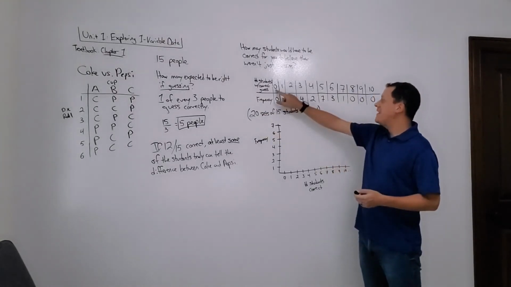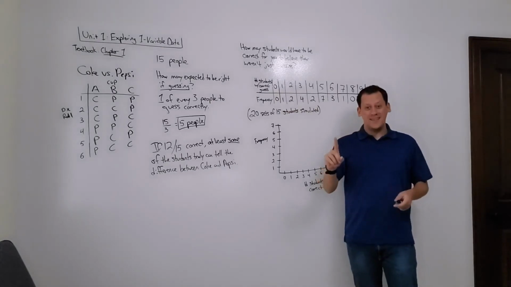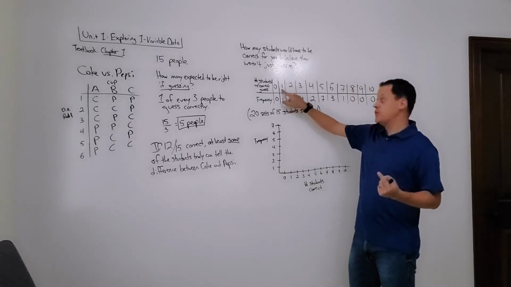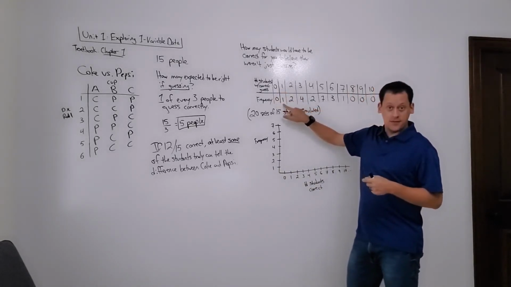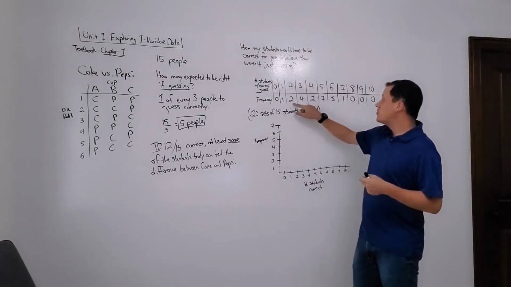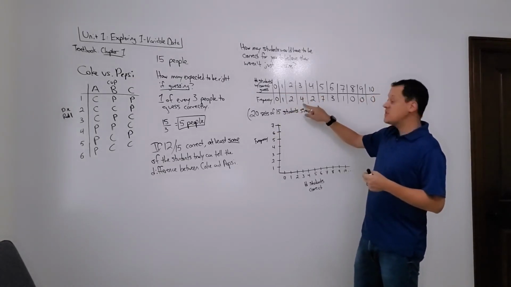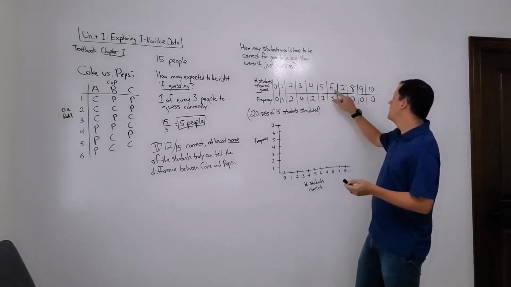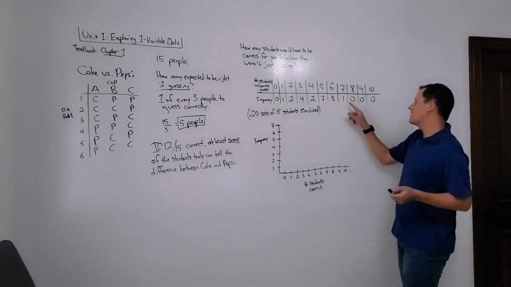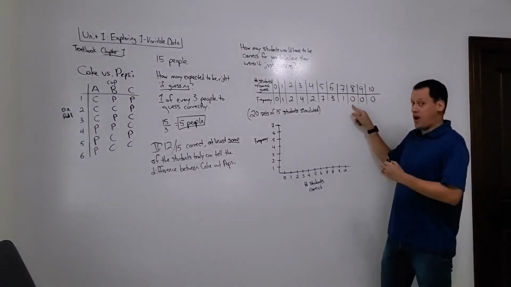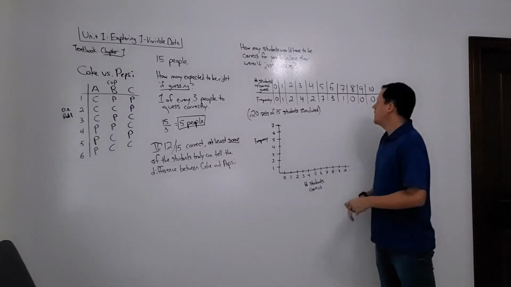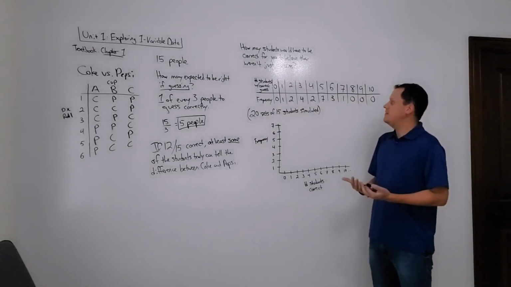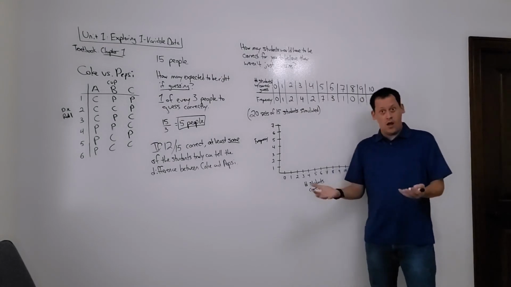So I never got 0. There was always at least 1 or 2 on all the dice. I got 1 or 2, which means 1 student guessed correctly once out of these 20 times. I got 2 of them twice, 3 of them 4 times, 4 correct twice, 5 correct 7 times, 6 correct 3 times, 7 correct once, and I never got anything 8 or higher. Never. Okay? So, from this frequency table, you can start to see the shape of the distribution of numbers of